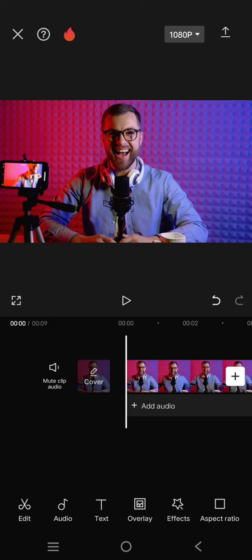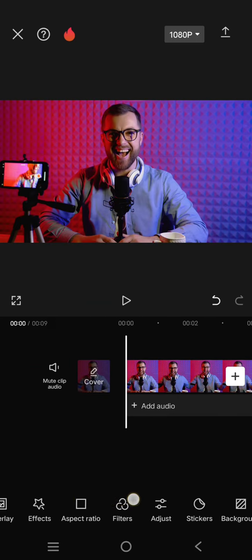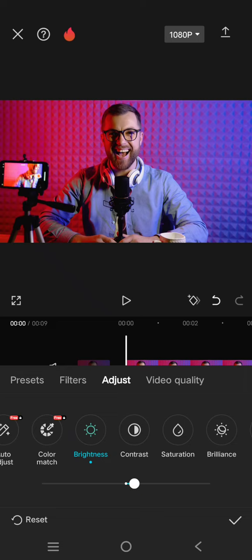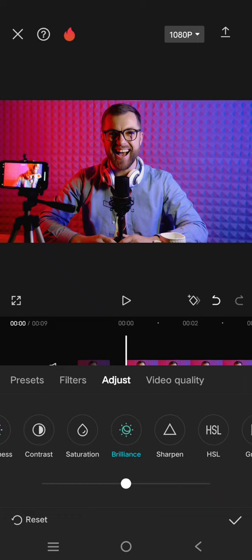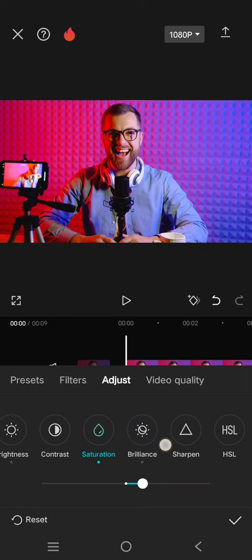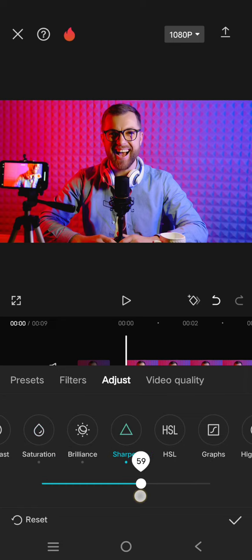So in here, you can just add your videos with your face on it and go to adjust, and you can follow the settings. So first, for the brightness, increase it to 5, and then the brilliance, increase it to 10, and also the saturation. Now click on the sharpen and increase it to around 70,